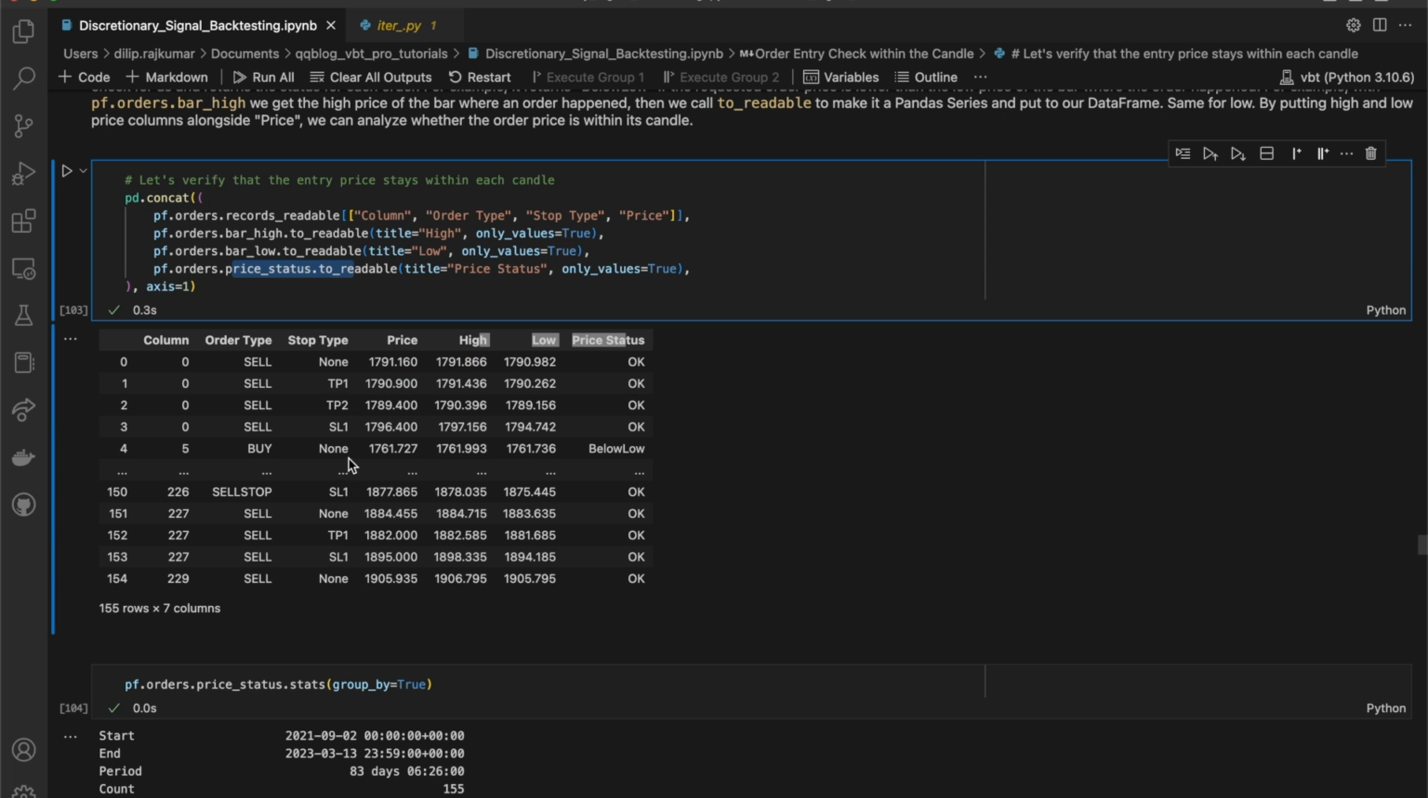For example, it returns below low if the requested order price is lower than the low price of the bar where the order happened. We can also use pf.orders.bar_high to get the high price of the bar where an order happened, and then we call to_readable to make it into a pandas series so that we can put it into a data frame. The same goes for bar_low. So by putting this high, low and price status